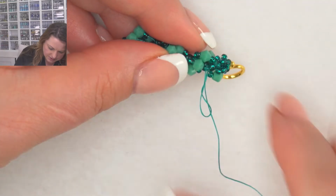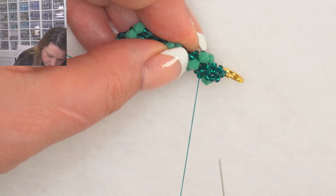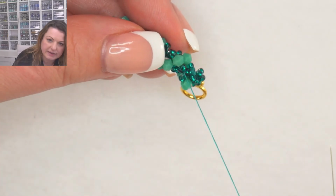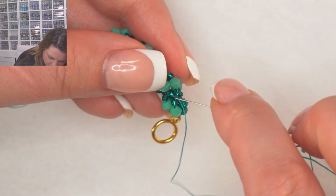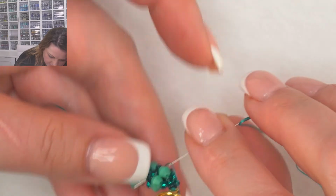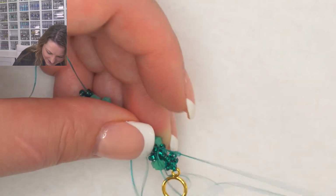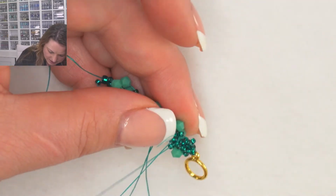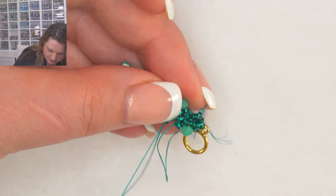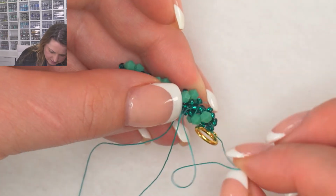And as I pull this up, I'm going to have a little knot form on the top of the thread there. And that will secure down your thread very well. I like to do this a couple of times, so just go down and repeat the process. Be sure that you only catch the thread between the 2 beads and you don't catch any of the beads themselves. And I just made a mess here with this thread,